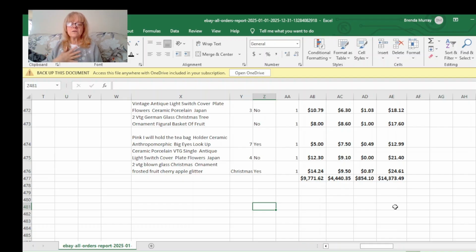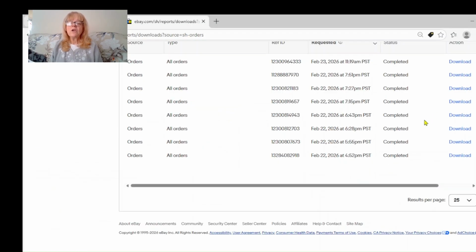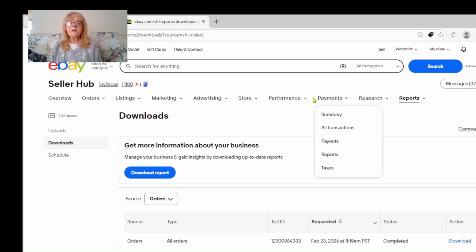So they're saying my total sales was $14,373. And that is what eBay collects their fee from. They collect their fee from your shipping labels, they collect it from the tax that you submitted for the state, as well as the items sold. So that is where the $14,373 comes in. So if you go back again to my performance summary,